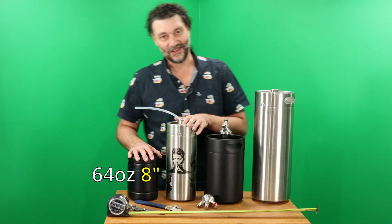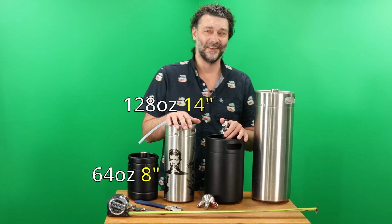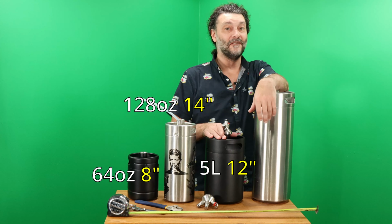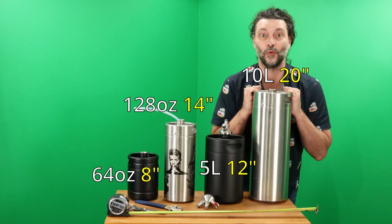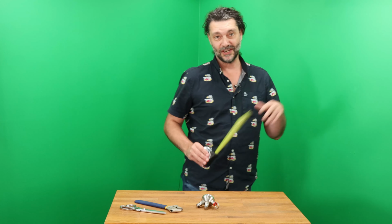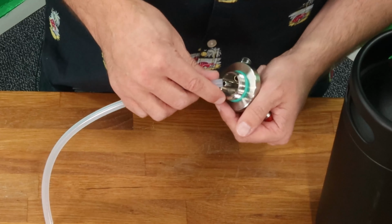So for the 64 ounce keg, it's 8 inches. For the 128 ounce keg, it's 14 inches. For the 5 liter keg, it's 12 inches. And for the 10 liter keg, it's 20 inches. It also drives me crazy when people tell me about their brew day in Fahrenheit. That's a different story. So then you simply shove that onto the barb,